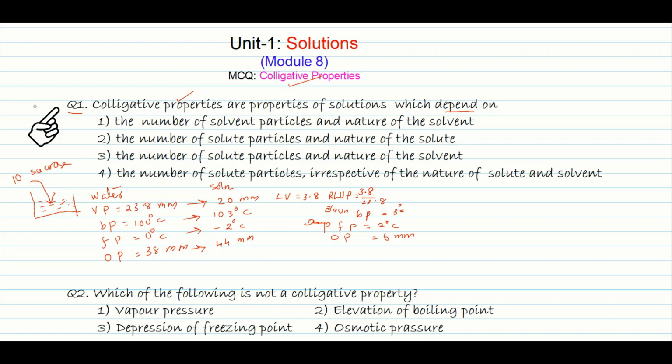Here then see I am repeating the experiment by replacing the non-volatile solute. Instead of 10 particles of sucrose, in the next experiment I am dissolving 10 particles of urea. Again I am repeating the experiment by using another non-volatile solute, 10 particles of glucose. Then measuring these 4 properties: RLVP, elevation of boiling point, depression of freezing point, osmotic pressure. All these properties, the same observation I got in the second and the third experiment. Same values. RLVP 3.8 divided by 23.8, elevation of boiling point 3 degree, depression of freezing point 2 degree,